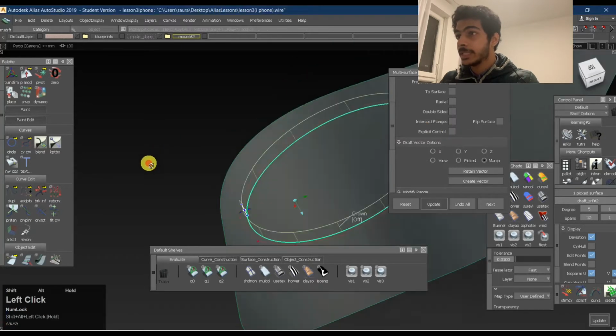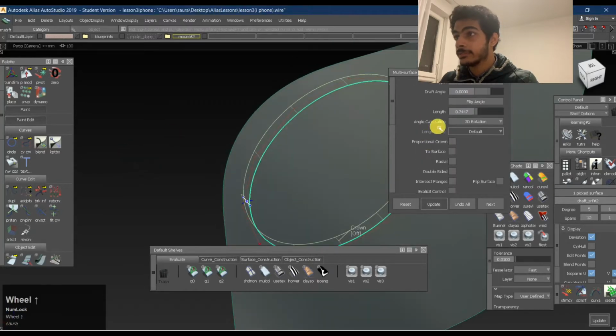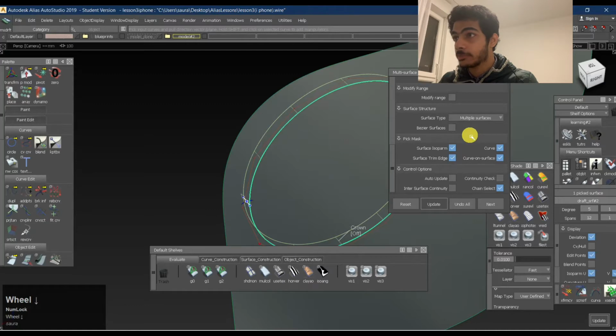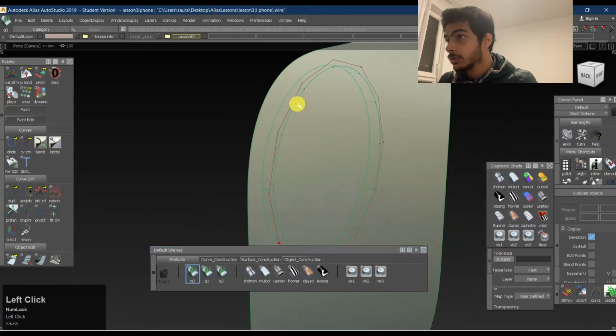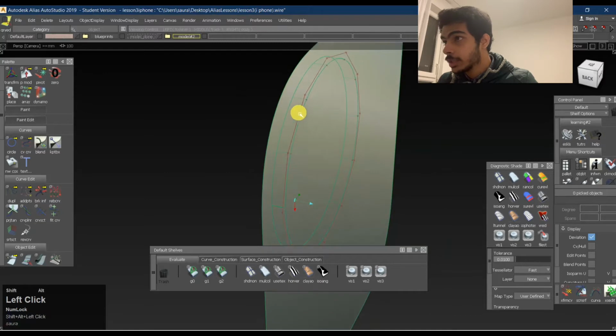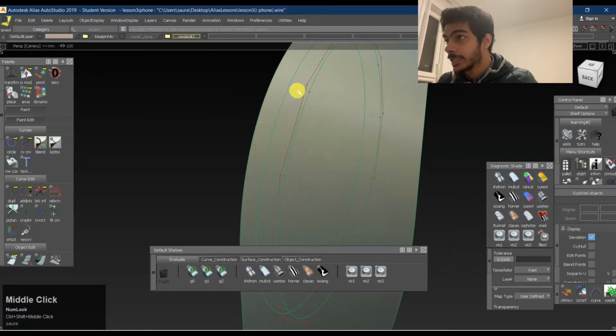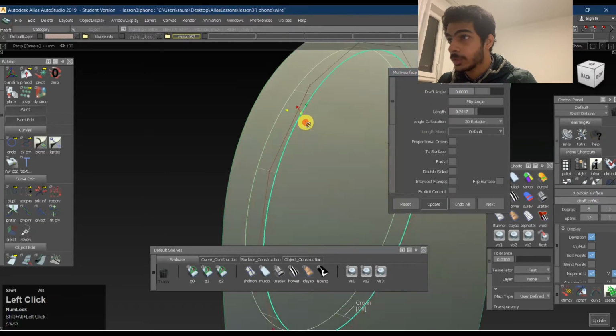If we have something like this, it gives us a lot of spans. Maybe what we can do is select the continuity check and see if it's G0. Okay, if it's a curve, it's not going to show us the curve continuity over here. Maybe we'll select it with the surface once we make it. So we'll just select it for now like this.